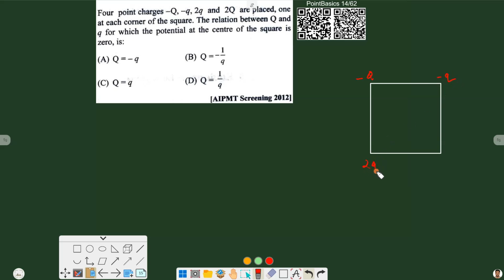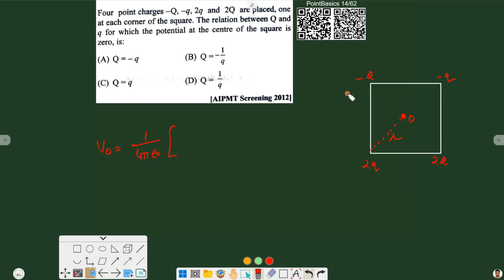So here 2q and here capital 2q. Now as we are calculating potential at the center, the distance from the center to every corner is the same, and suppose that is given by small r. And the center point is O. So potential at center will be 1 by 4 pi epsilon naught